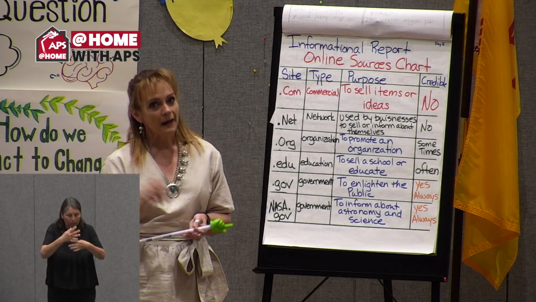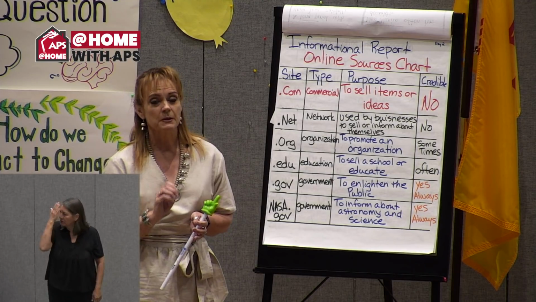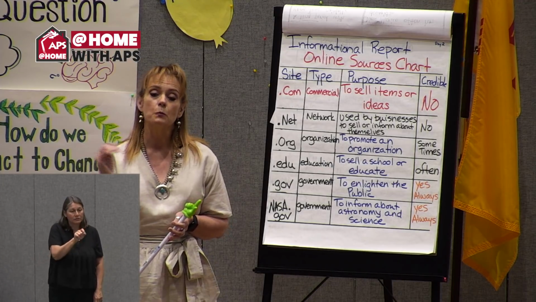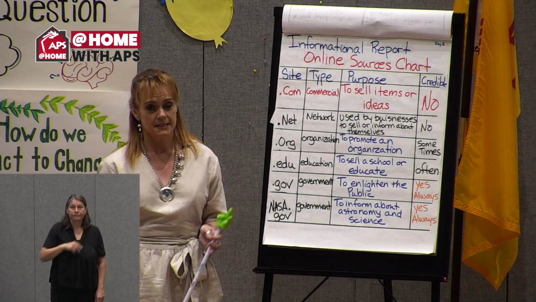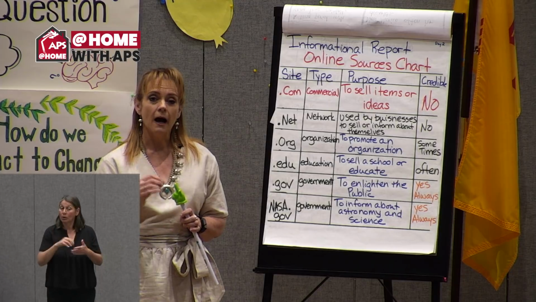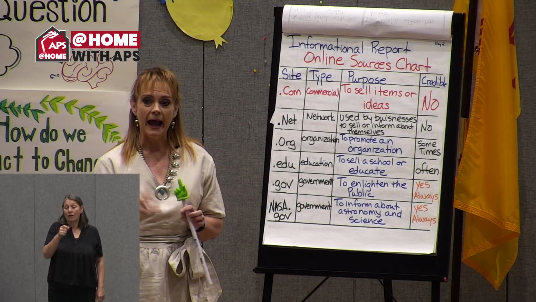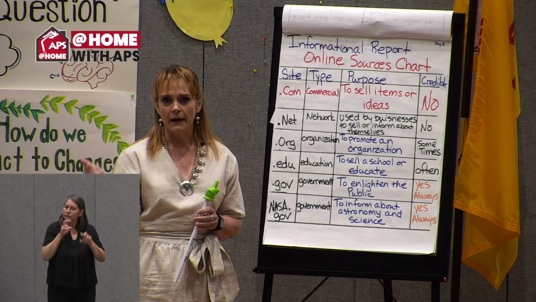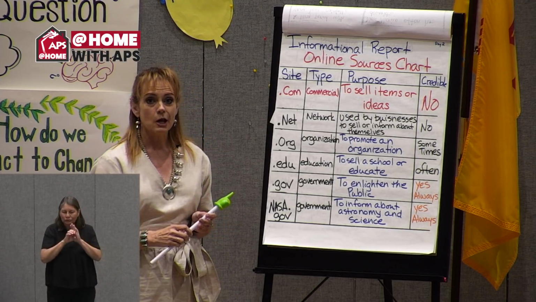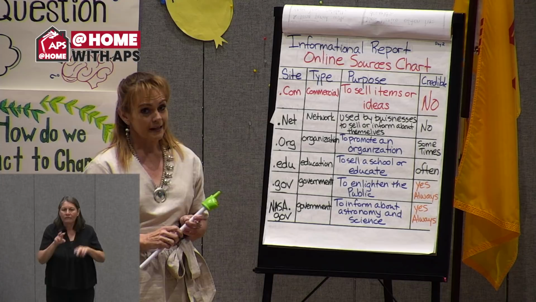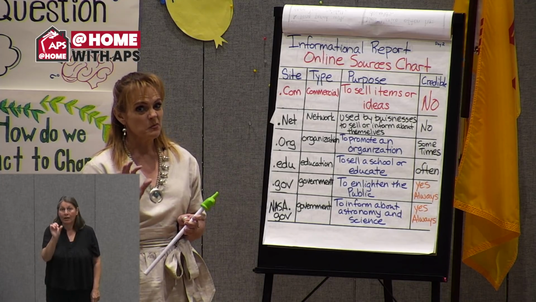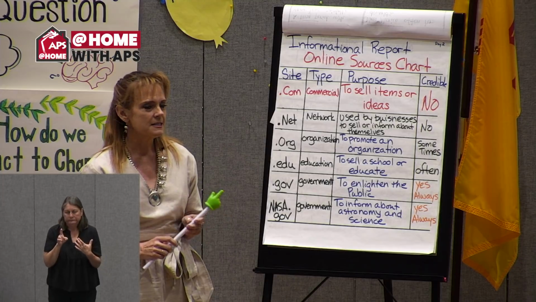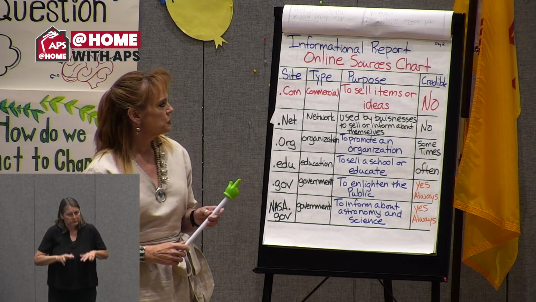So I learned right then and there that there was a difference between .com and .gov, because the website I wanted the kids to see was a .gov website that had a tour of the actual White House in Washington. So that was my lesson, and I learned it very fast in a little bit of an uncomfortable way. But we did okay, and we moved on and got to see the virtual tour.